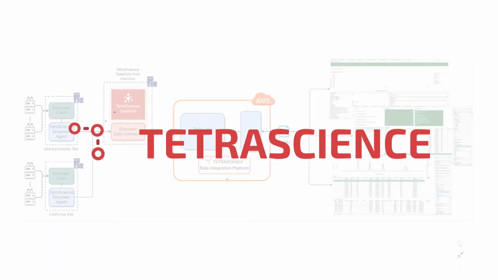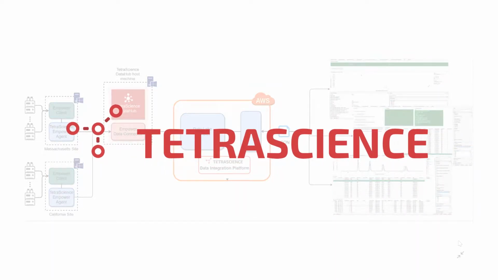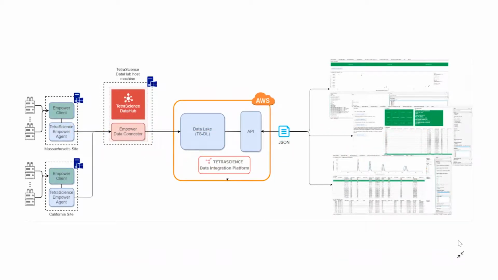Waters Empower is a premier chromatography system. Today's top biopharma labs are looking for ways to get more from their chromatography data, including rapid data access, accelerated search, and ultimately increased productivity. TetraScience provides a solution that automatically retrieves Empower data and makes it available to downstream data consumers, including visualization software,